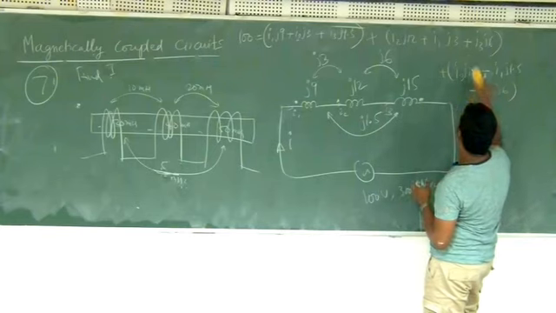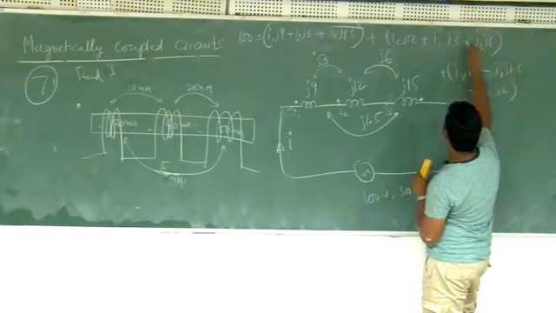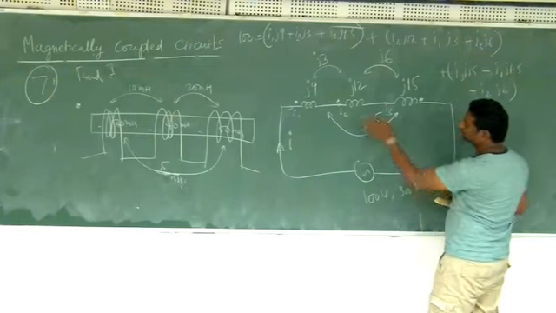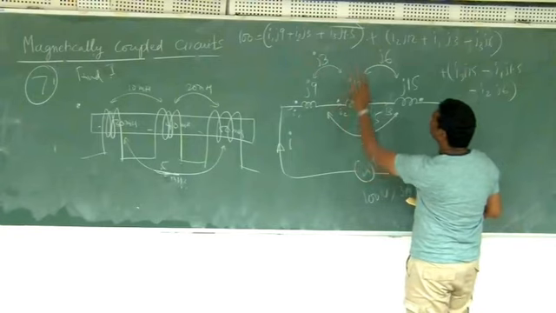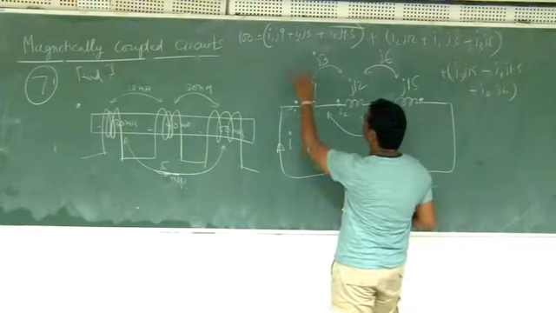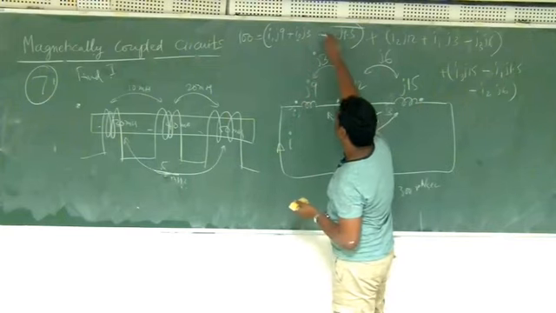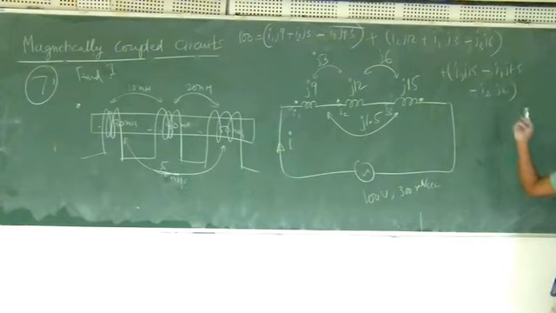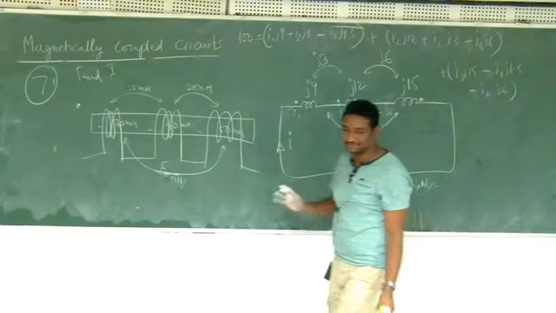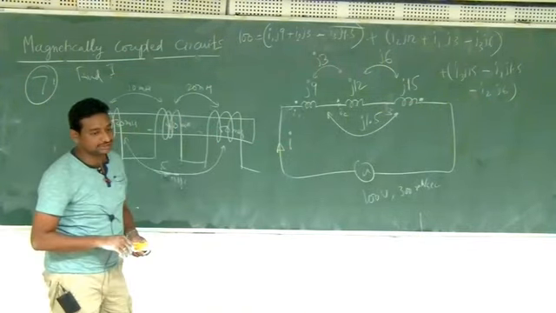So this I3 term will again become minus. Similarly, there is no change here. Now in this term also this will be minus. So basically wherever I3 is there you will find that there is a minus sign. I have told you the dot convention, I have told you Kirchhoff's voltage law, so based on that you have to choose the signs properly.